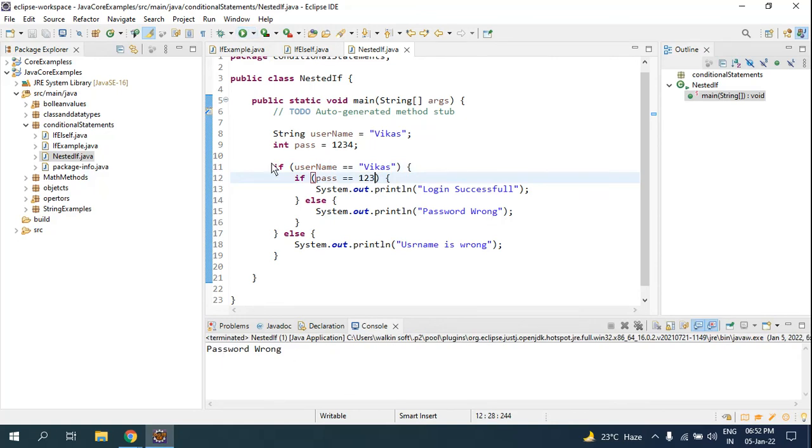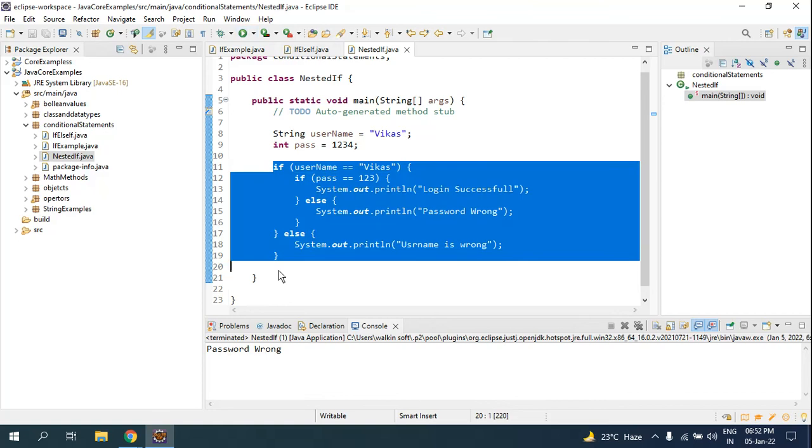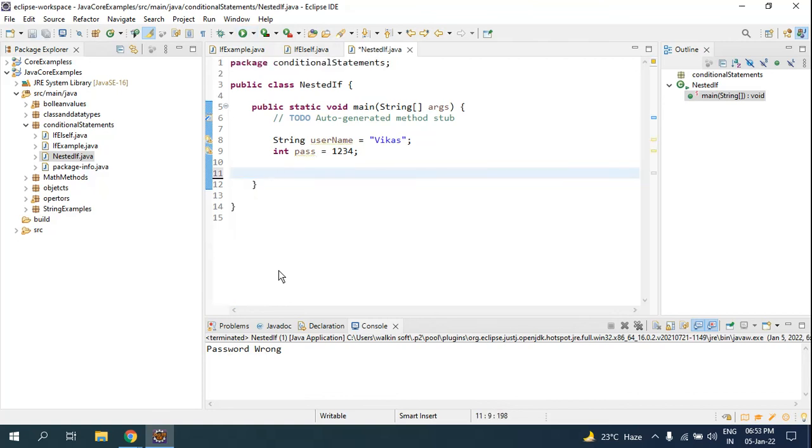So I will explain this example again, removing all this. Look, now you have a username and password. The first condition is that the first thing you will be using is if and else. Thus the first condition is for the username.